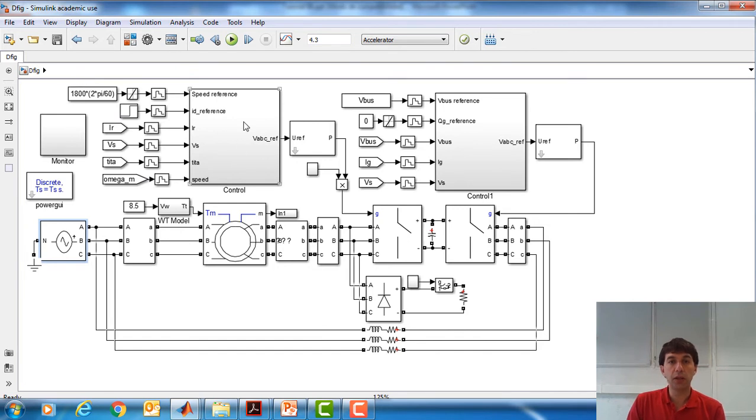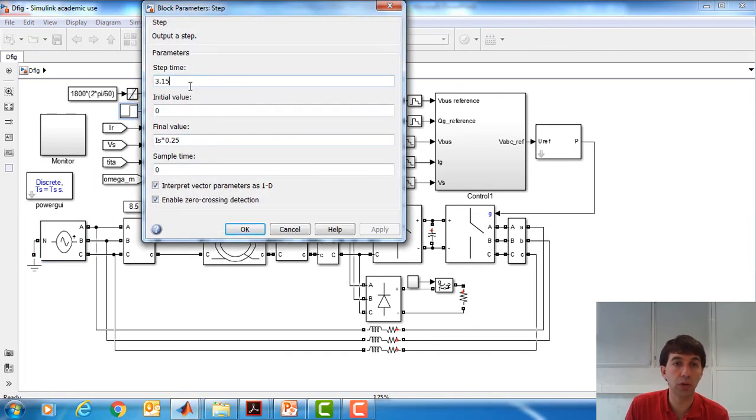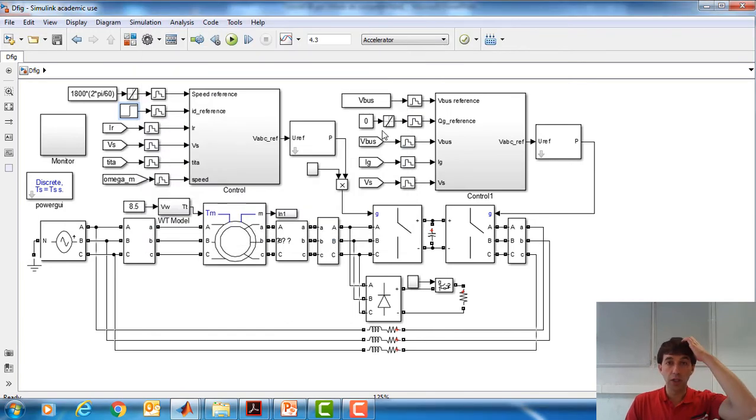As we did in the rotor side control, because the typical grid code requirements demand providing reactive currents through the stator of the DFIG and through the grid side converter of the DFIG. Let's have a look. When did we put it through the rotor? This is providing reactive current at second 3.15. So let's do the same,